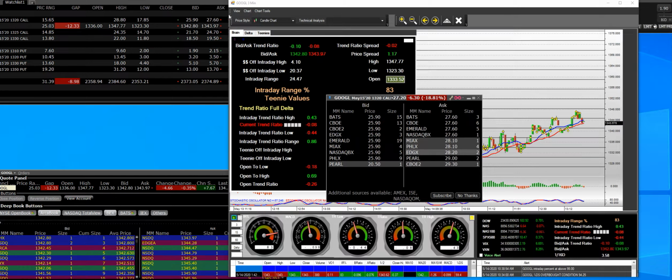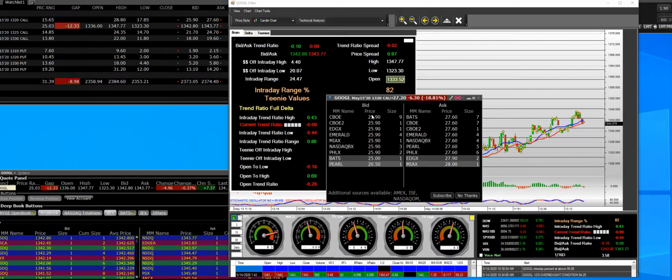It's here. It's now. It's Google. Google's printing at 1342 by 1343. You got a $20 move off of the low. You got a 25.90. Now, in the IR, knowing when to sell the call options is when we were up